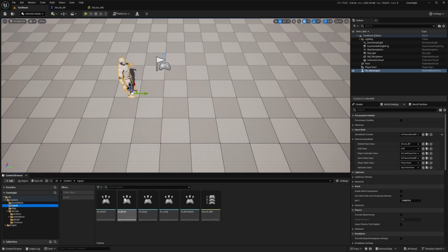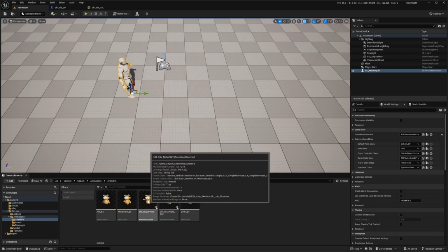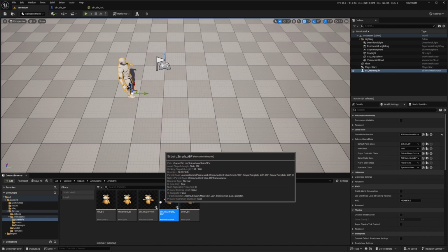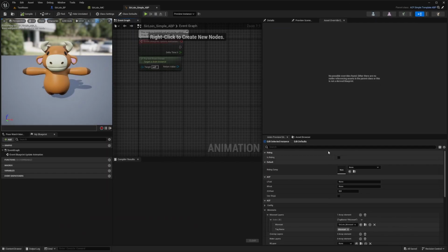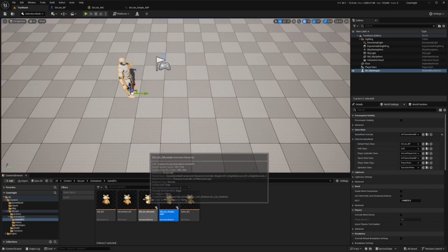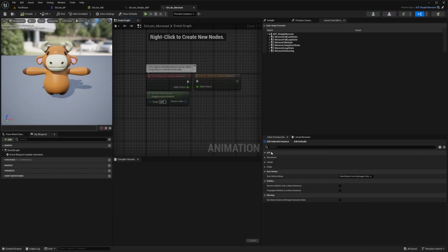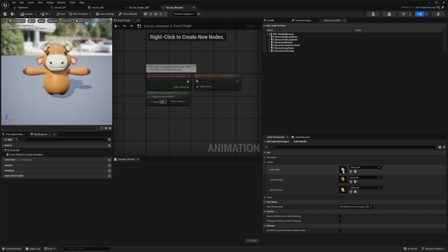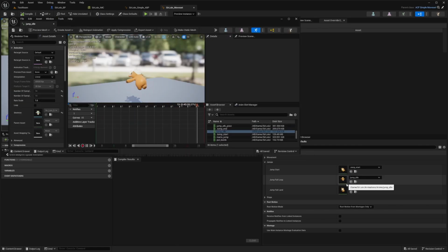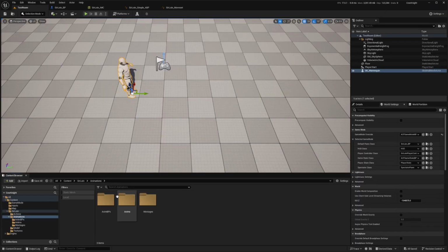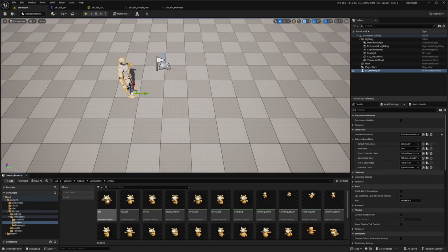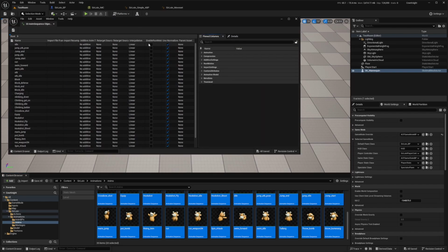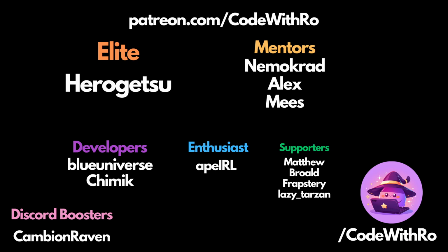So let's go to my move set, or simple ABP. Actually, yeah, my sirloin move set, and try to get these jumps. I have a jump start, jump idle, and jump end. Maybe I need to set all my animations as root motion. Let's try that out. So I'll bulk edit all my assets. Oh, I need to enable root motion for all of them. And let's just try it with force lock. So when I hit play,